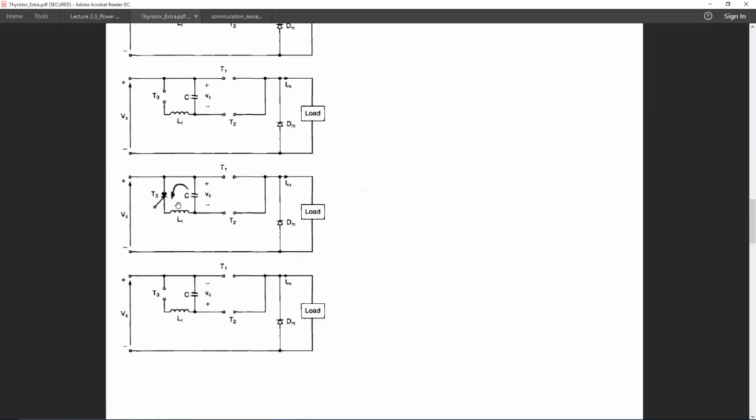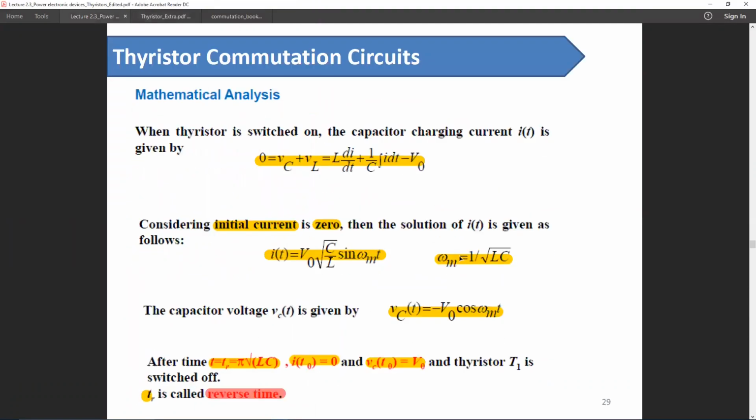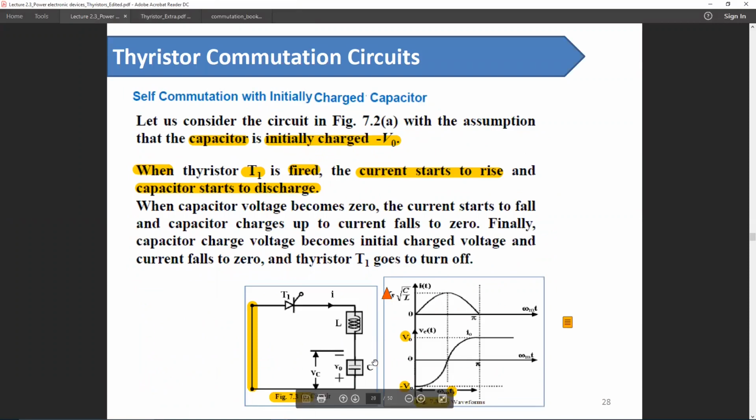Now, if we turn on T3, then the capacitor will start discharging through T3 and this inductor. Note that the mains voltage or the supply voltage has nothing to do with this step, because the loop is self-sufficient, the capacitor is charged, and the thyristor is on. So the capacitor will fully discharge, but as we have seen earlier, in case of an LC circuit, the capacitor charges beyond the supply voltage.